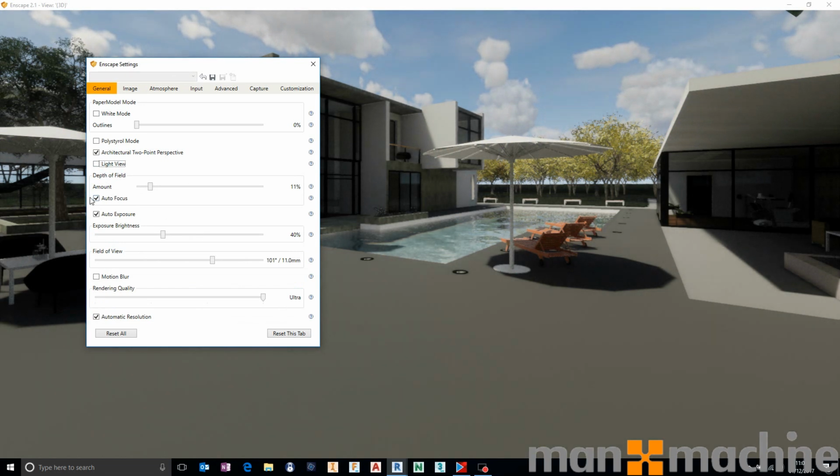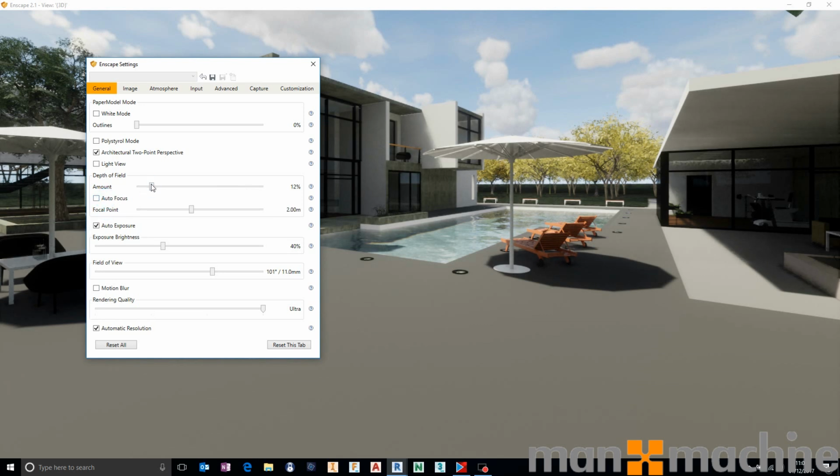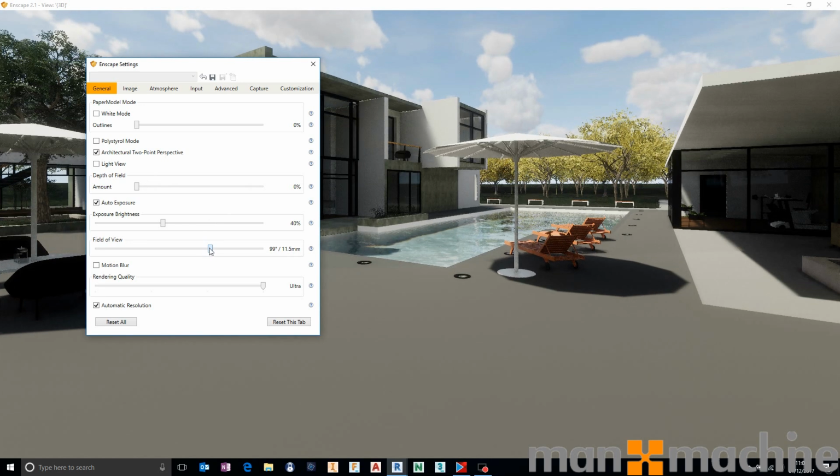We've got some other options here. So we've currently got depth of field, which is actually making it look a little bit blurry. So I'm going to turn depth of field off. I'm going to leave auto exposure on, which makes sure that we are looking at this in the nicest possible light. And we're also just going to maybe play around with depth of field